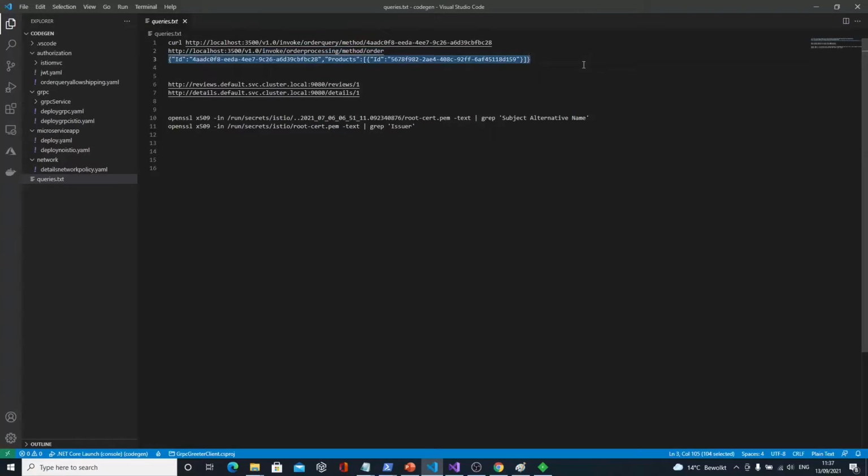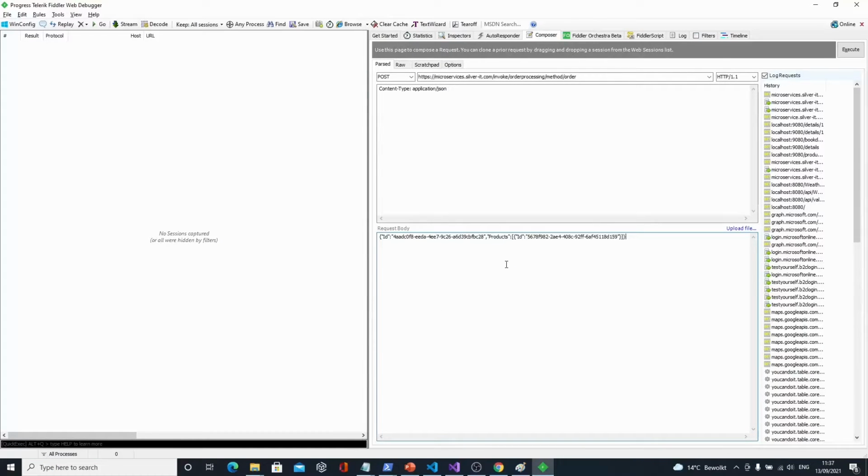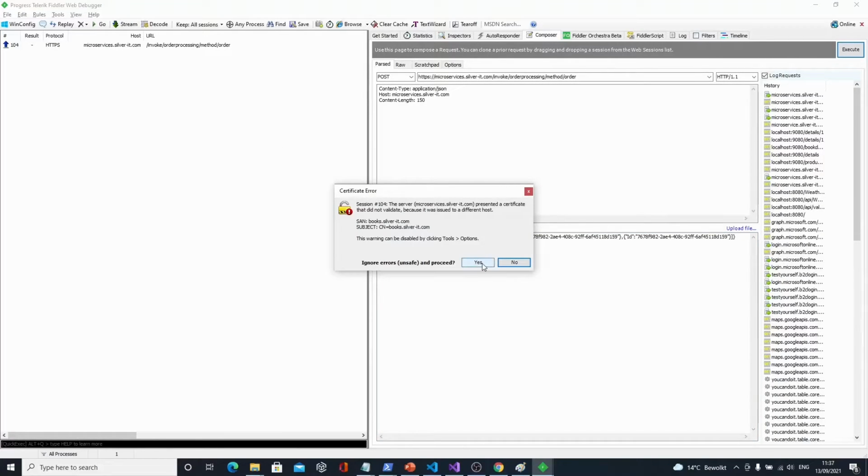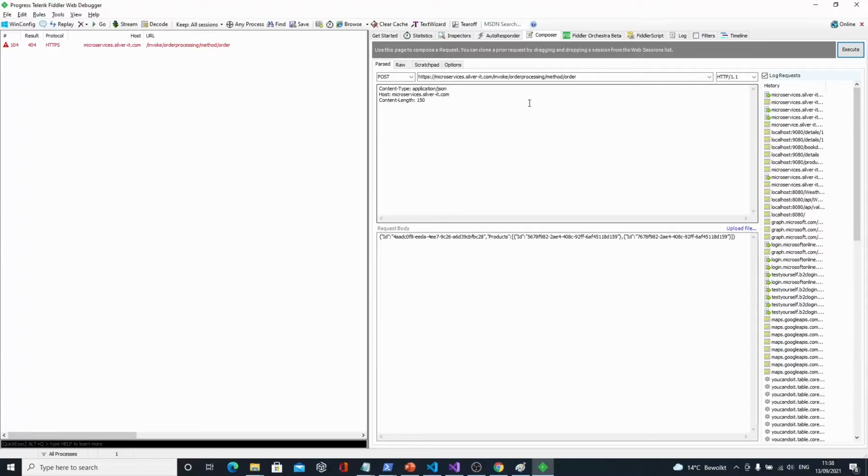Let me just grab this, which will be my products. I'm going to send products. It could be whatever; in this case, it's just a fake product. I'll just change the GUID to have a different one. So if I send this, I'm warned because my certificate is invalid, but it doesn't matter.